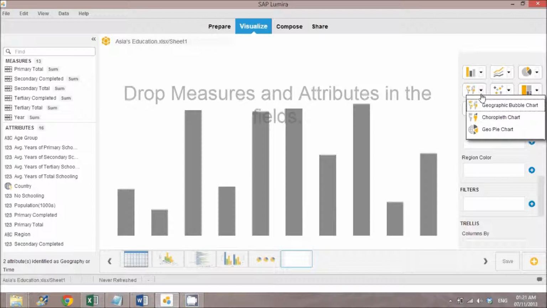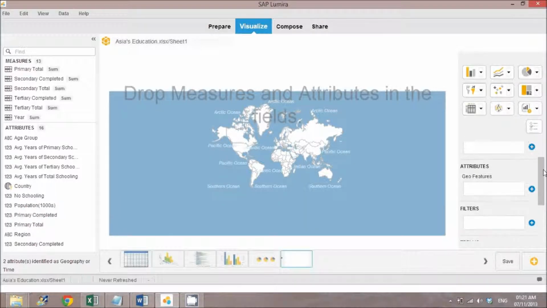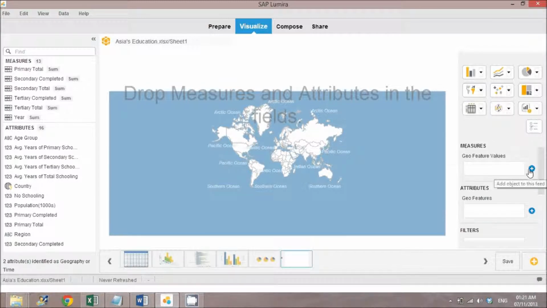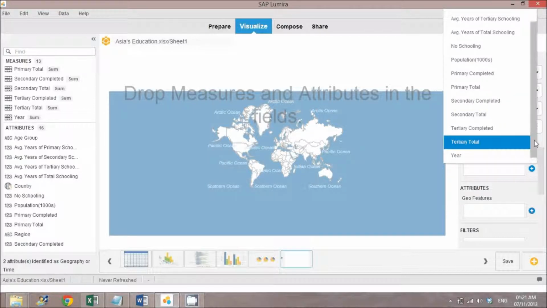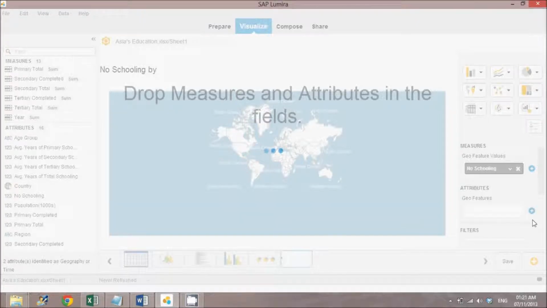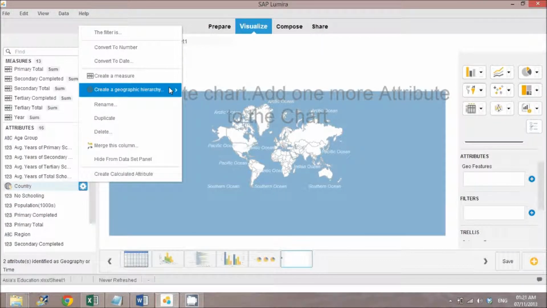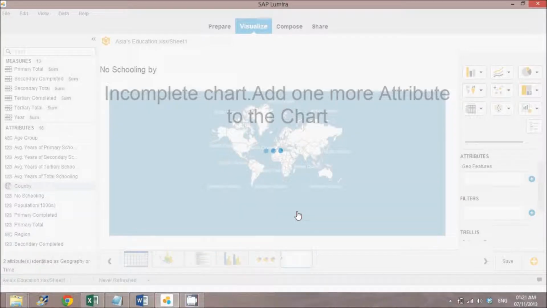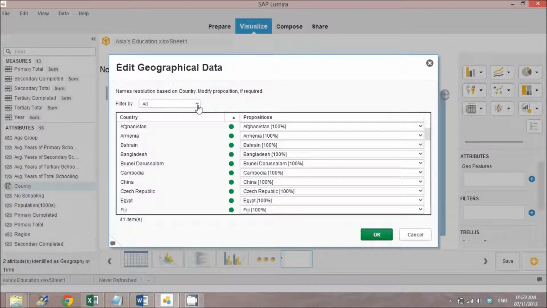Since we are making a country-wise analysis, we use a geographic choropleth chart where the measure is no schooling. For the country, you create a geographical hierarchy by name. Since there are unresolved ambiguities found, we edit it and resolve it.